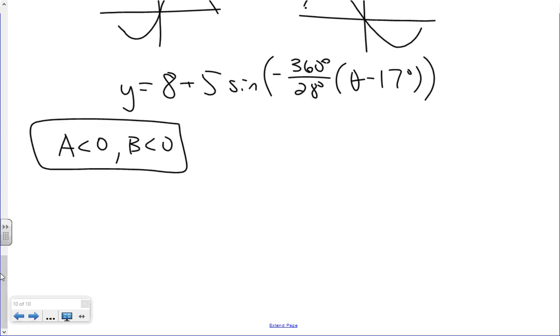So let's call this G. All right, so think about what that means here. We're doing both a horizontal reflection and a vertical reflection. So let's do it in that order for cosine. If you do a horizontal reflection of cosine, think about what that looks like graphically. That's the exact same thing we started with. And then if you follow that up with a vertical reflection, that means that cosine at the y-axis is at